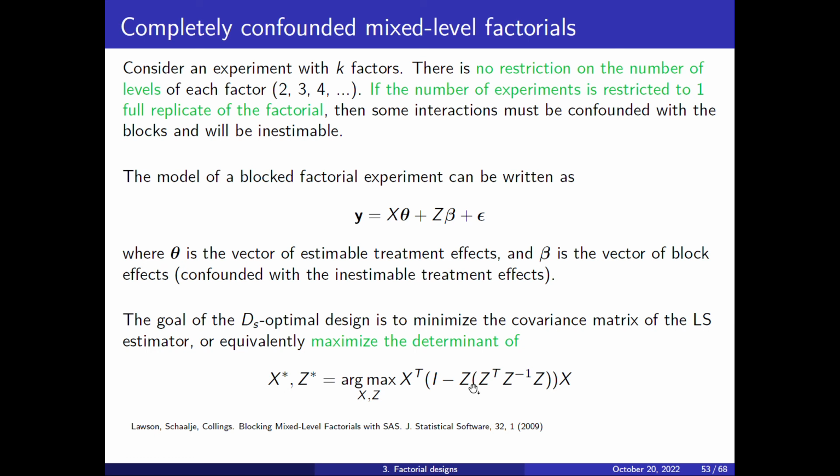And so this is the same that Design Expert was doing. We saw it only with the matrix x, but now if we have x for the factors and z for the blocks, then we can find these optimal designs that are taking care of the